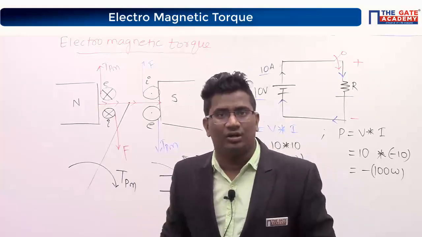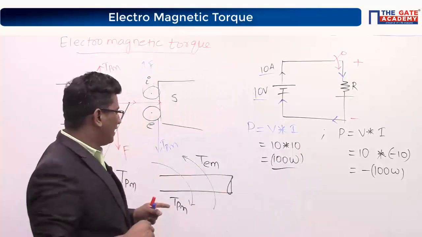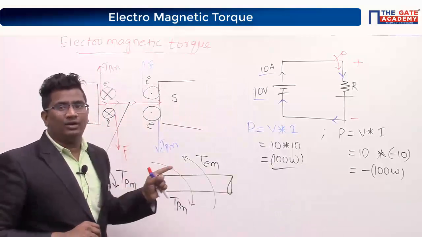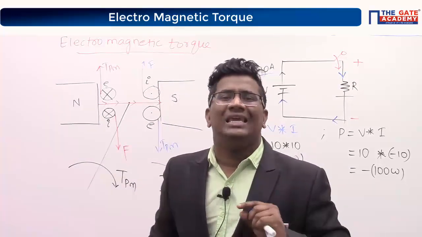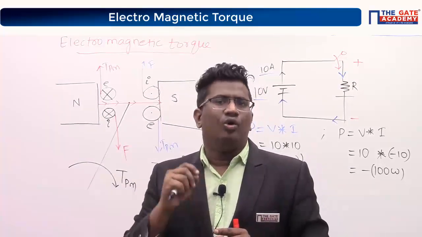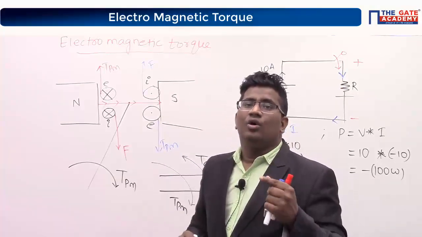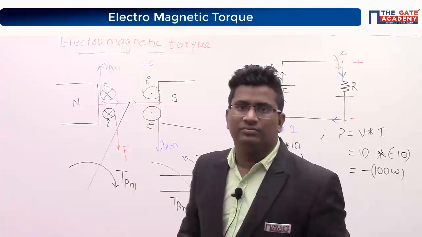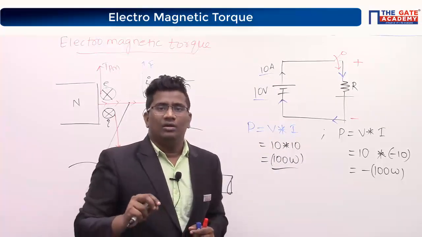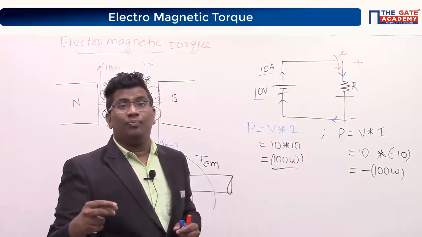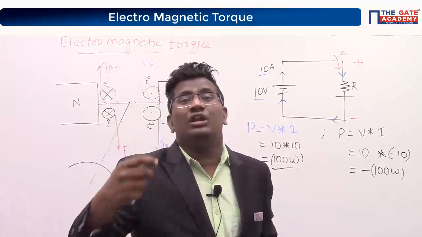What is meant by electromagnetic torque? Is this clear? In a generator, who is supporting the rotation? Prime mover torque. Who is opposing the rotation? Electromagnetic torque. Here we will prove it again. Tell me, who is the cause here? Cause means, who is producing the current? I said producing the current, not drawing the current. Who is giving the current to the load?